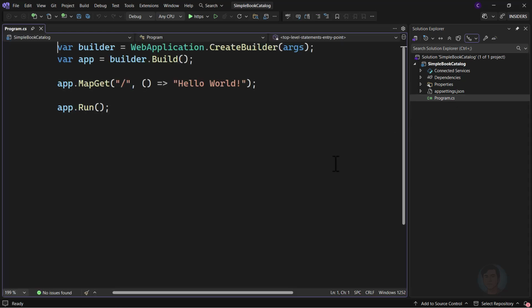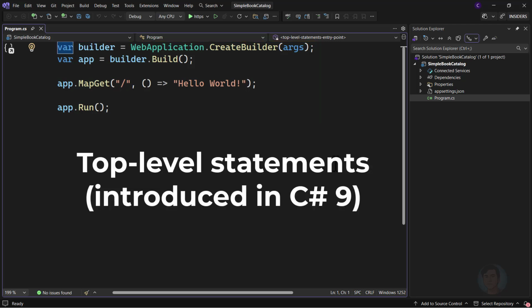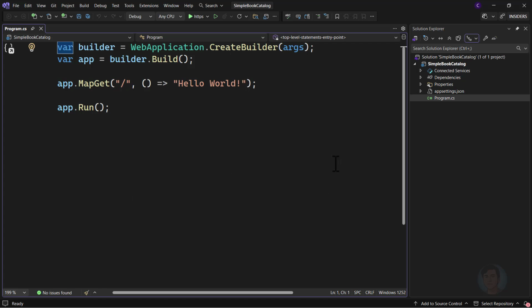Inside this file, we see a set of statements being defined in the source code file without being contained in a class and method. These statements are called top-level statements, and the feature was introduced in C# 9. So with this feature, when we write our statements directly in the source code file without putting them in a class and method, the compiler automatically creates a program class with an entry point method and puts these statements inside that method. On the first line, we are calling